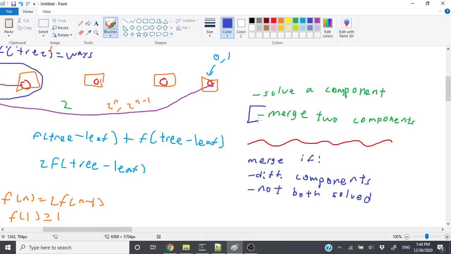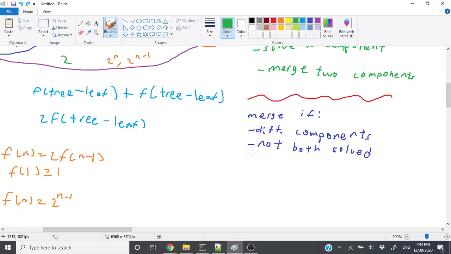So DSU can actually handle this too if we store an extra flag for our component for whether it's been solved or not. And then when we merge 2 components, if either one is solved, then the whole component should be solved. So that's basically it. And a separate wavy line, it should be this. A separate wavy line to say we should solve a component